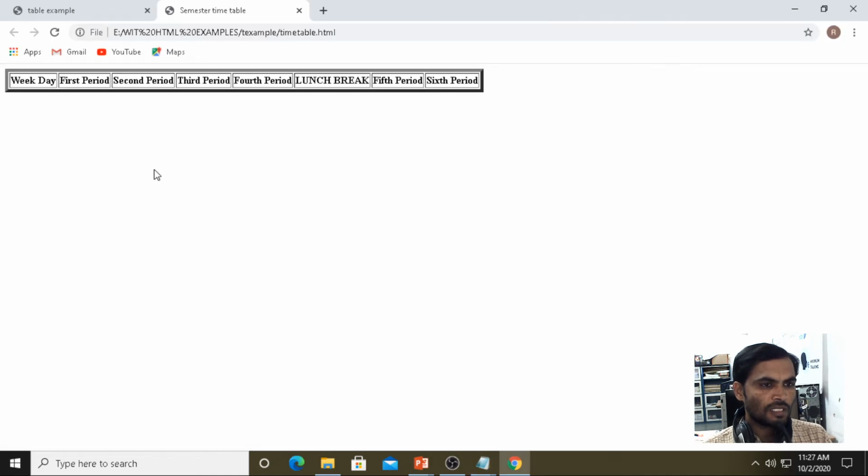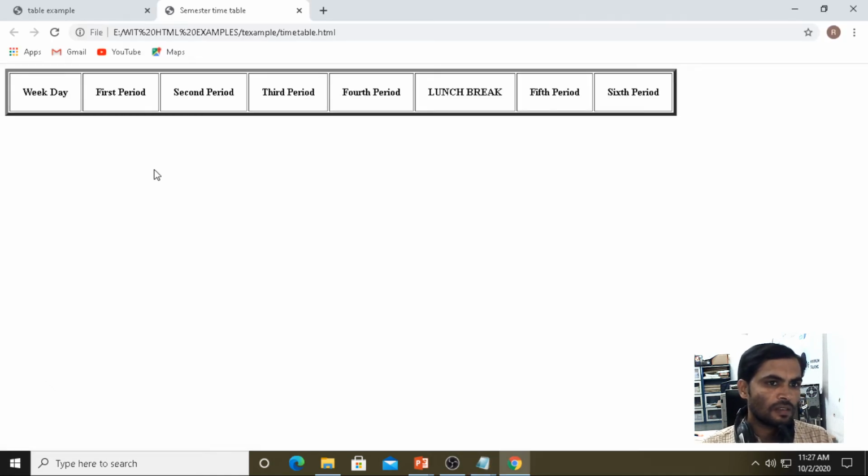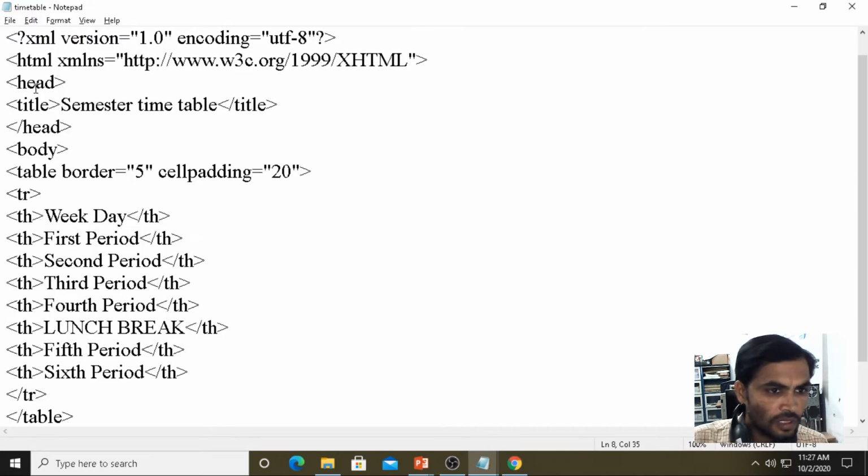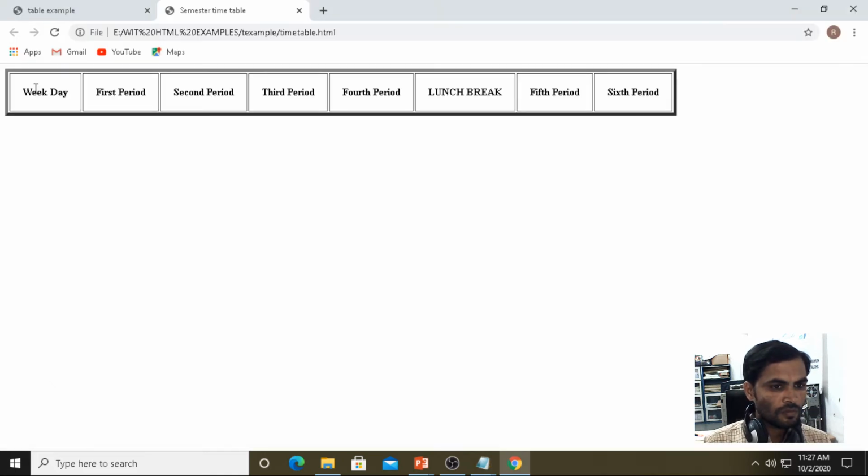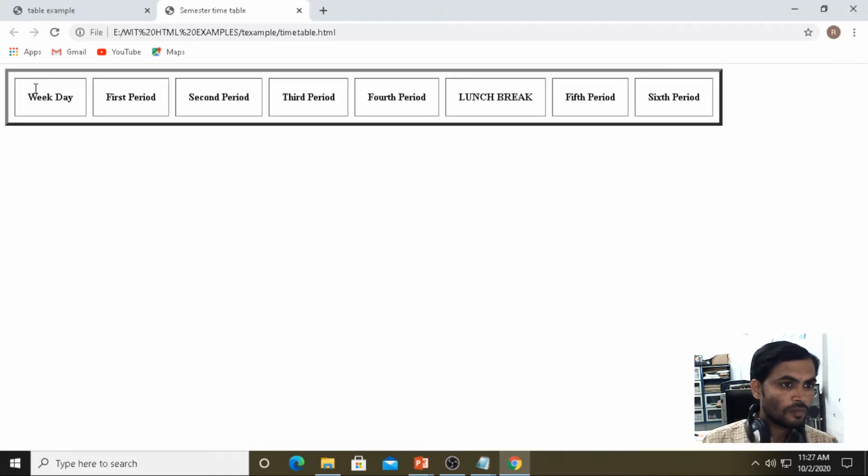The content of the cell, see here, now it is taken as 20. Between the two cells, if you want to give space, cell spacing. Cell spacing equals to 10. Between the two cells, spacing.